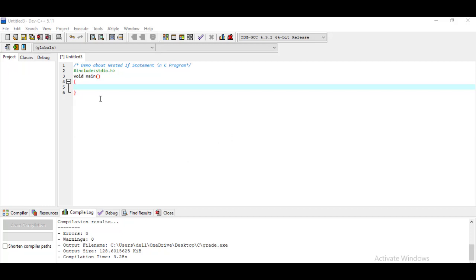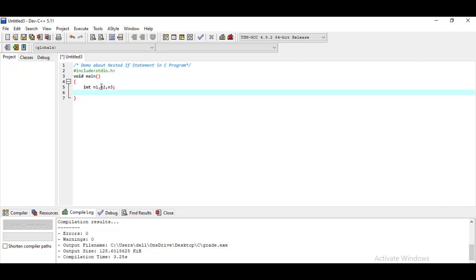For that I have to declare 3 variables of type int, and the variable names I'm giving here are n1, n2, n3. You can also use number1, number2, or number3 as variable names. Here I have to display a message for the user to enter the first number.